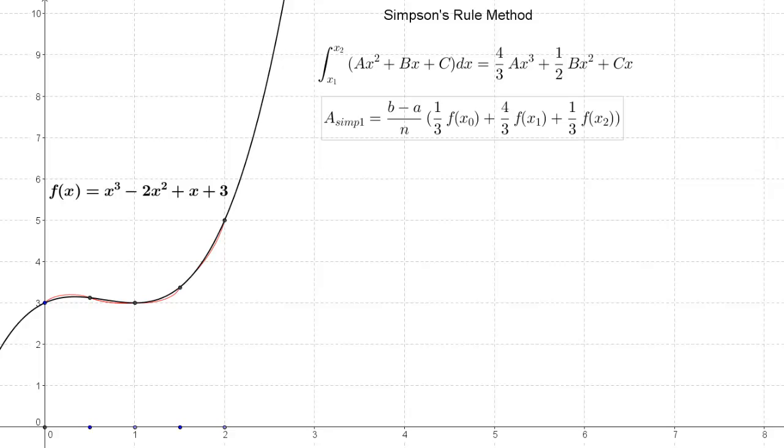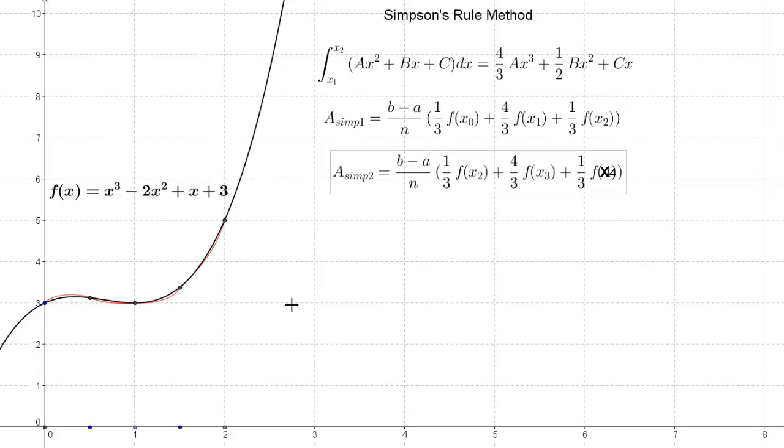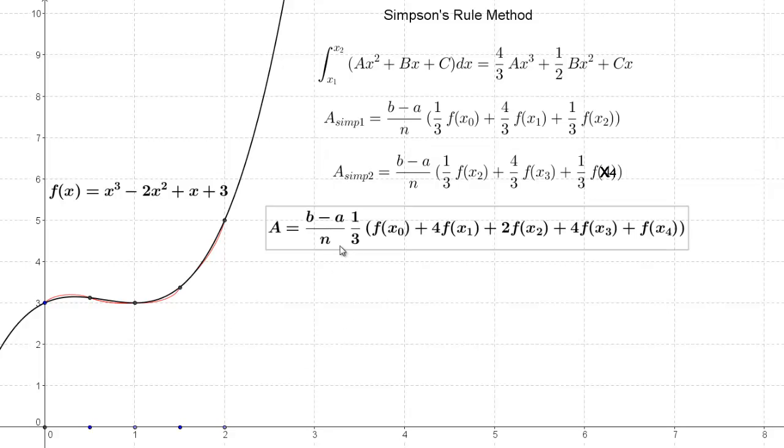And if you added up all the different Simpson rule shapes underneath this curve from 0 to 2, what you would get is b minus a over n times 1/3, because we could take a 1/3 out of each of these, so 1/3 times the first f of x0 plus f of x4,